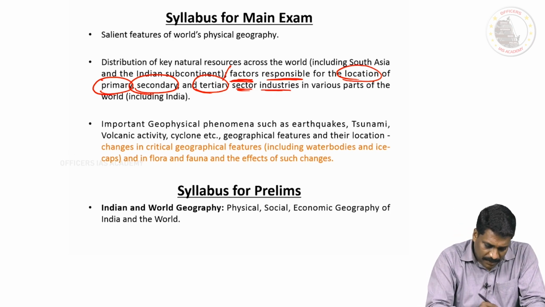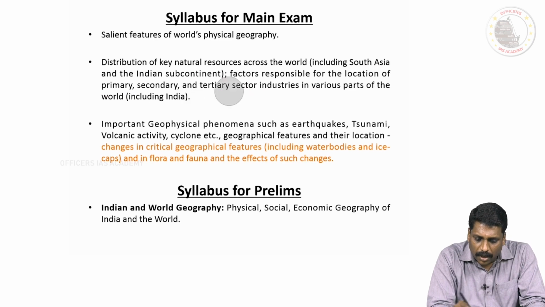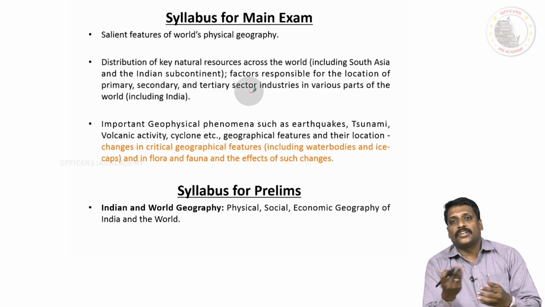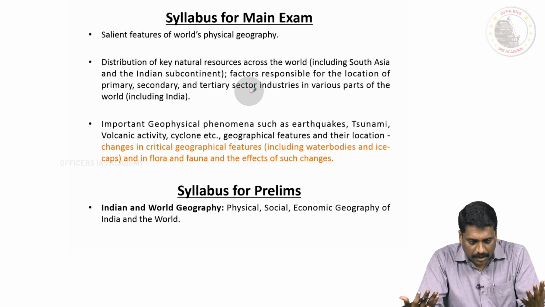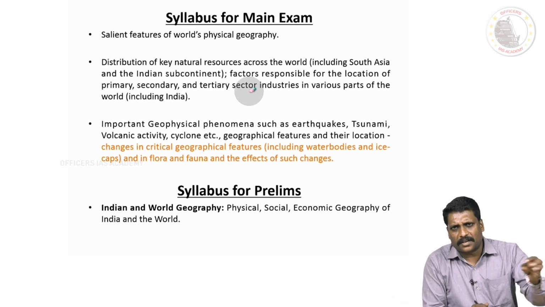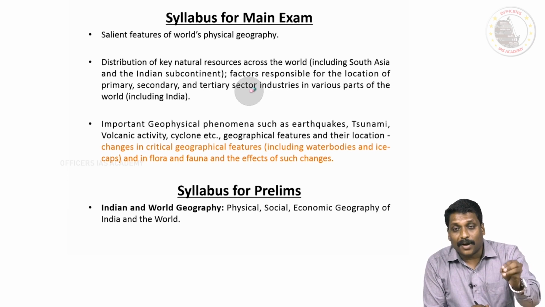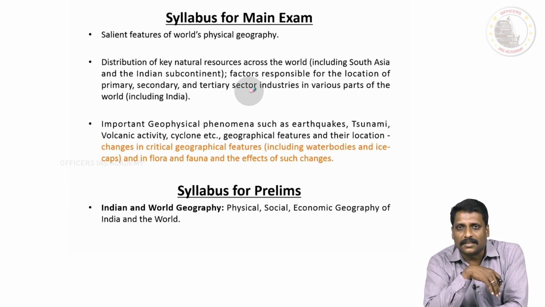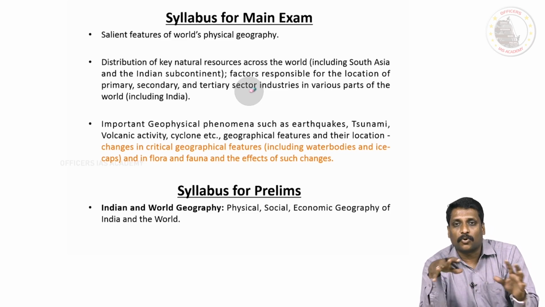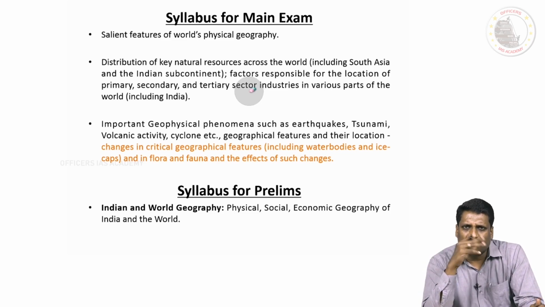Sometimes this topic we call as what? Locational aspect or industrial location. Say, for example, any industry is located in some place. Always you have a geographical reason for it. Understanding the geographical reason and accordingly setting up an industry, this is what you call as what? Locational industry or industrial location.